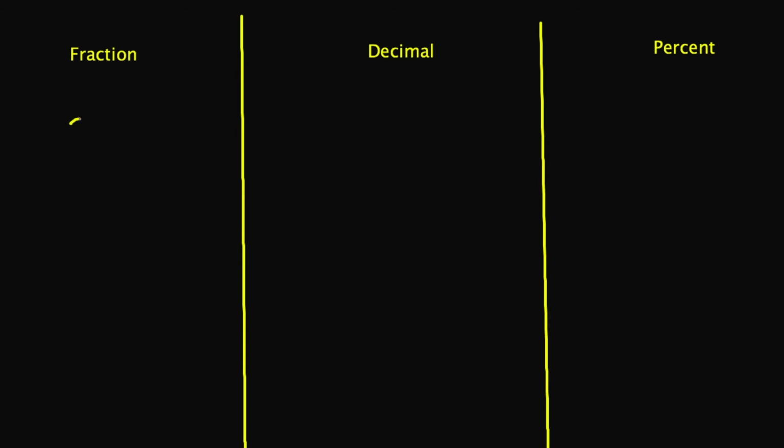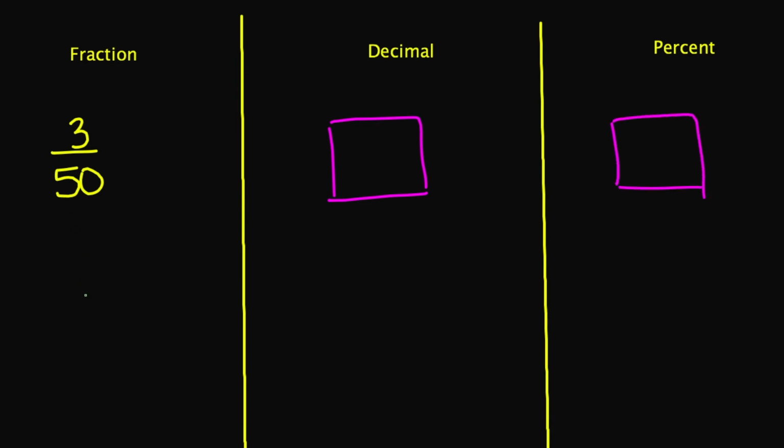So let's say I give you the fraction 3 over 50, and we needed to find the decimal and the percentage. As a fraction to decimal, I can do long division. We can do 50 on the outside, 3 on the inside. 50 does not go into 3, so I'm going to add my 0, decimal, and 0. What about 50 goes into 30? Nope, it still doesn't go. It's too small. What about 50 goes into 300? 50 goes into 300 six times. 50 times 6 is 300. 300 minus 300 is going to equal 0. So as a decimal, your answer is going to be